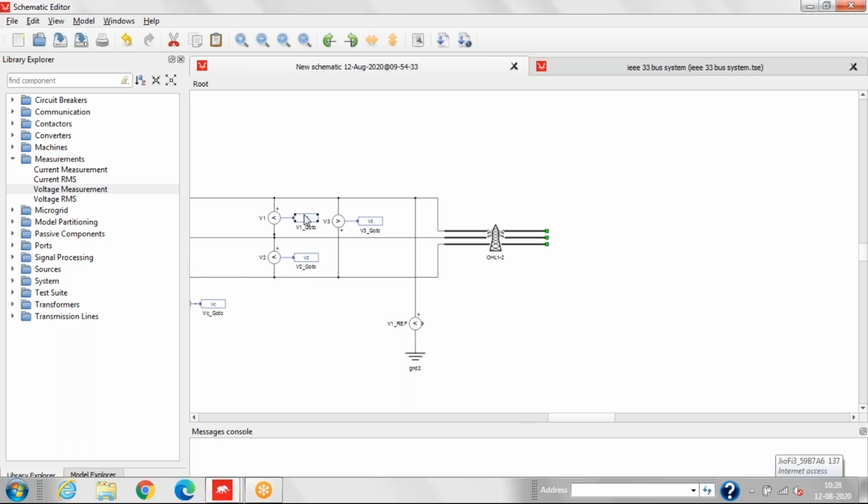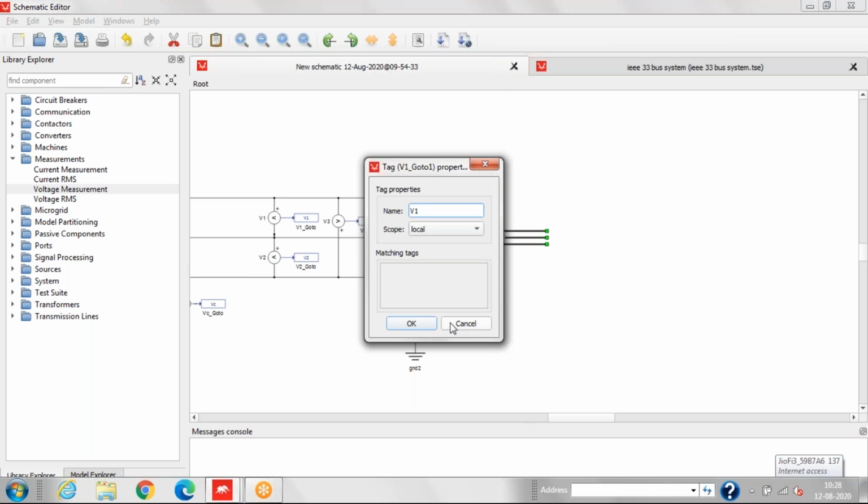Now we require one go-to block to send the signal. So we'll copy this go-to block and paste. So we'll change the tag name. This is V1 reference. So we'll set this V1 reference to global so that it can go to the entire root of the system, because we do not want to take it all the time as a reference signal.